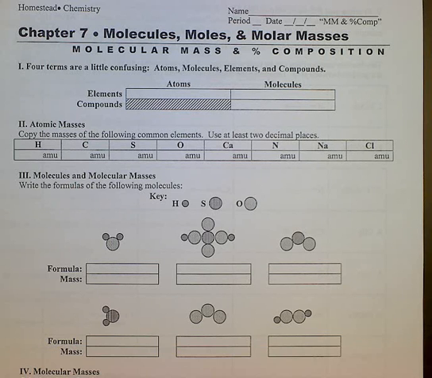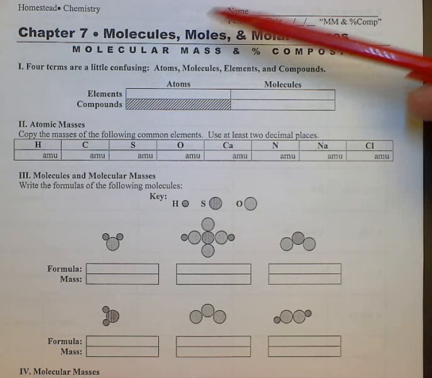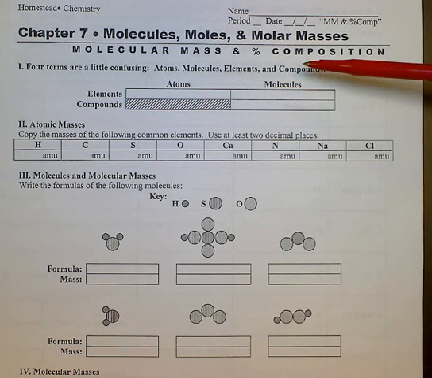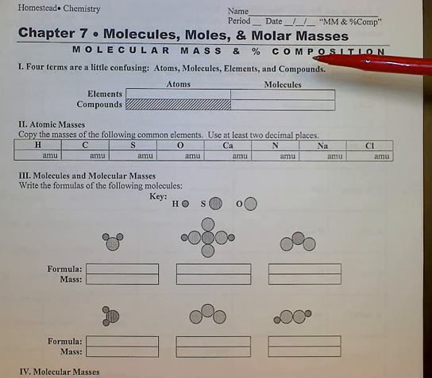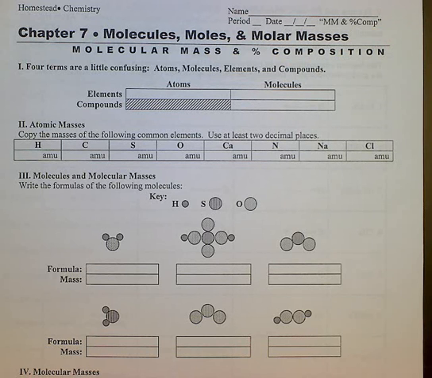Today we're going to look at how to calculate the molar mass and percent composition of a compound. This is something that we've done earlier in the year, determining the molar masses of individual elements. Now we're going to add those molar masses together to determine what the molar mass of a compound is. So you're going to need your periodic table and a calculator,